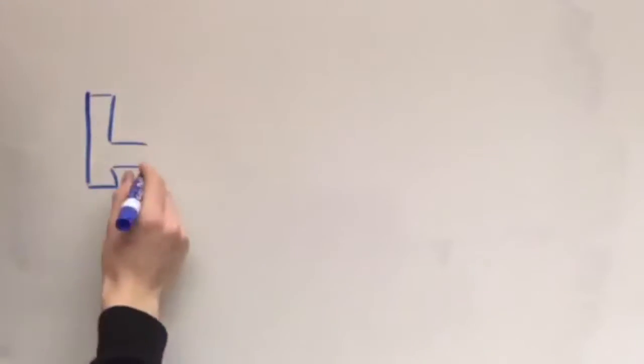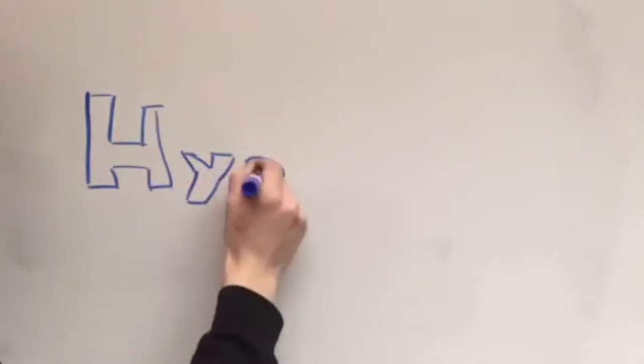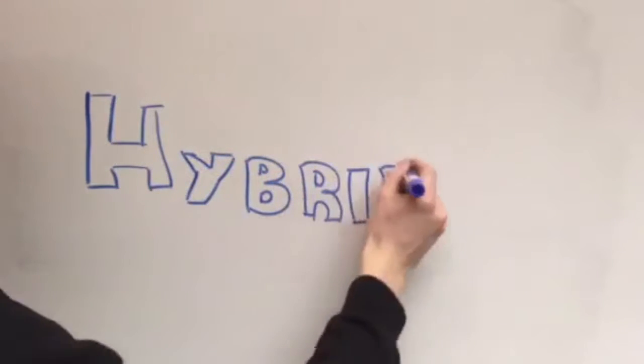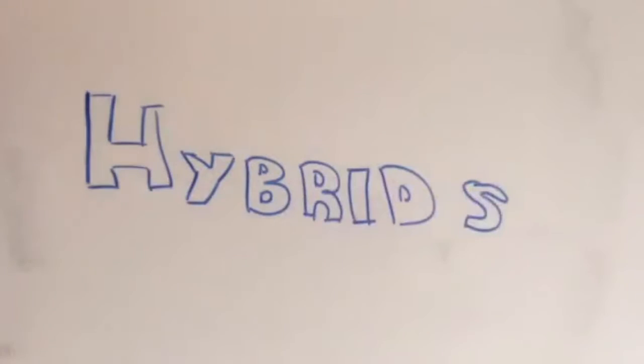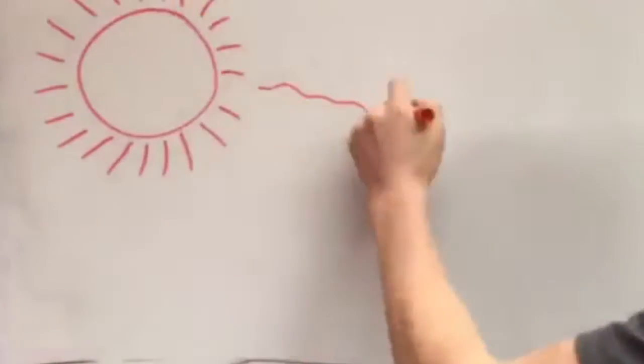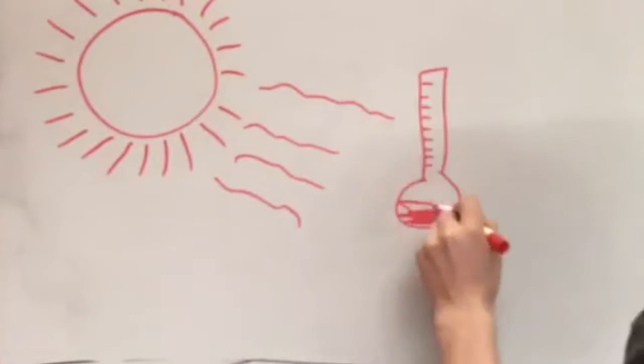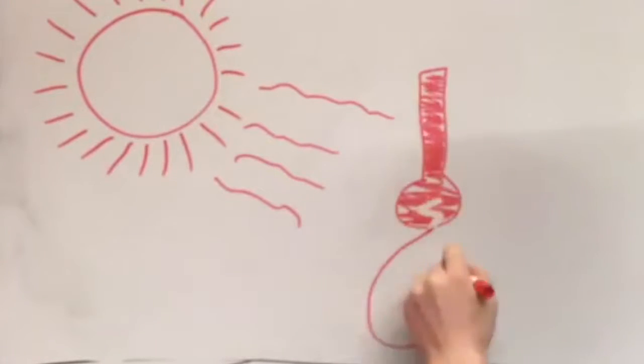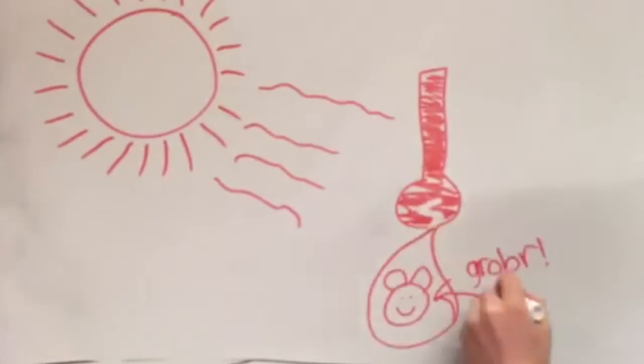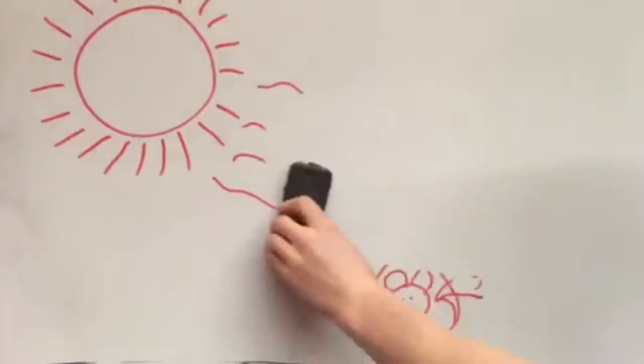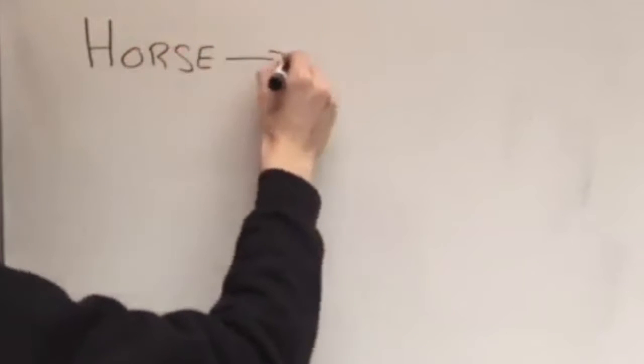A hybrid generally refers to any offspring resulting from the breeding of two genetically distinct individuals, which usually will result in a high degree of heterozygosity. In the wild, factors such as global warming can contribute to the creation of hybrid species. One of the examples being a grolar or grizzly bear, which is a mix between a polar bear and a grizzly bear. Some of the issues resulting from hybrid species can be the ability to reproduce.